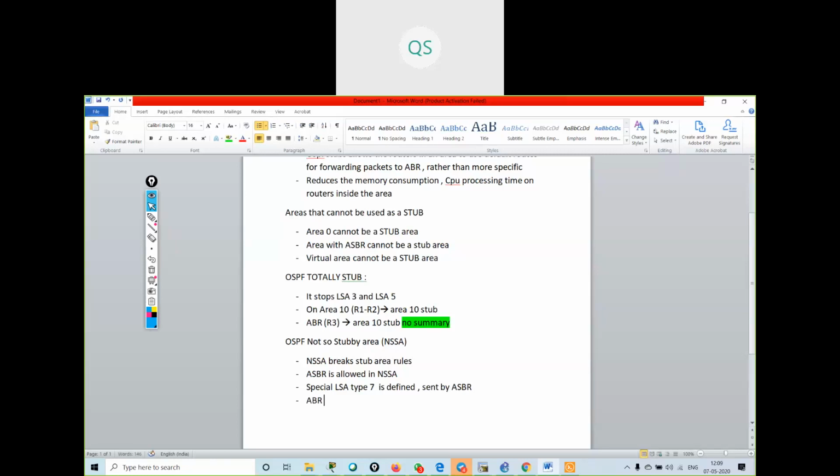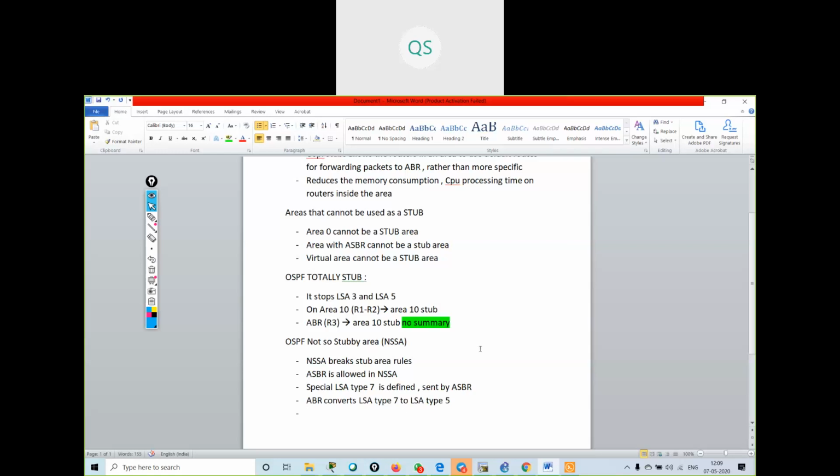The ABR converts LSA type 7 to LSA type 5. What is my type 5? External routes. My type 5s are external routes. Okay, so ABR will convert my LSA type 7 into type 5.